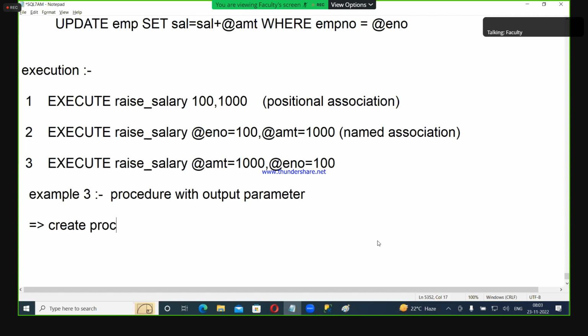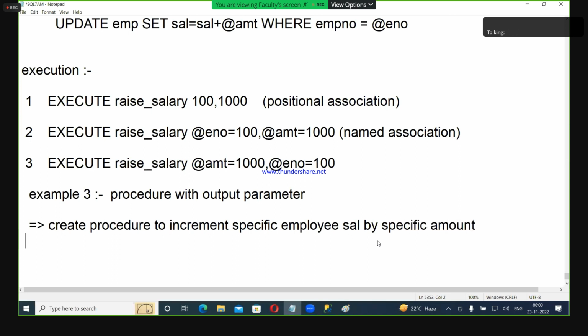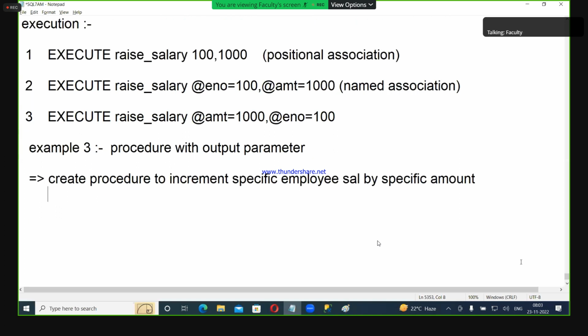Now let's see. Create a procedure to increment a specific employee's salary by a specific amount. I'm taking the same example. Create a procedure to increment specific employee salary by a specific amount. After increment,